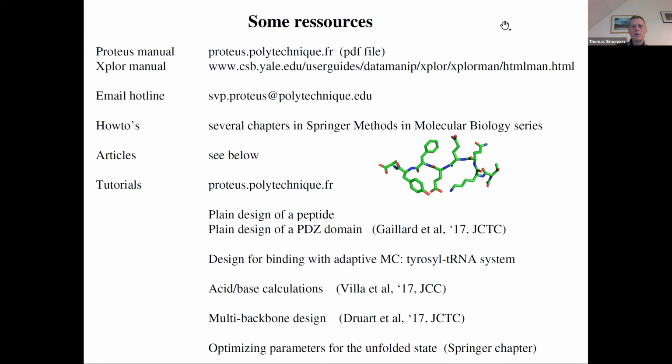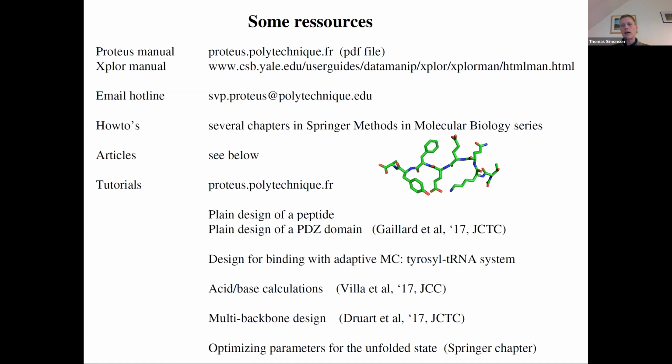So a few other resources. Again, the manual is this old-fashioned concept of a PDF file. It's still searchable and what have you. Now, because of the close phylogenetic relationship with Explore, it turns out the command language we simply took from Explore.